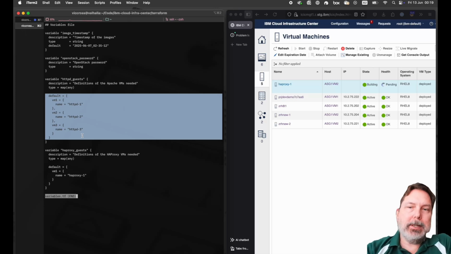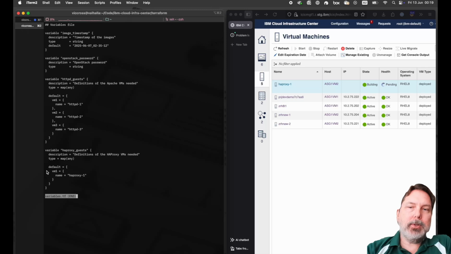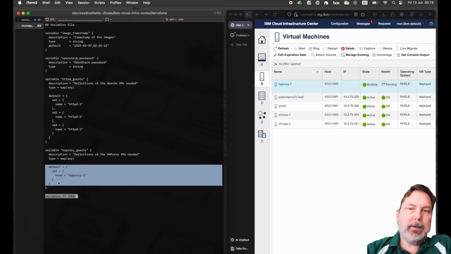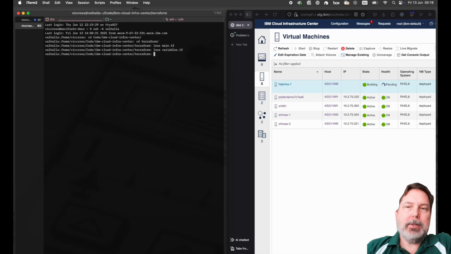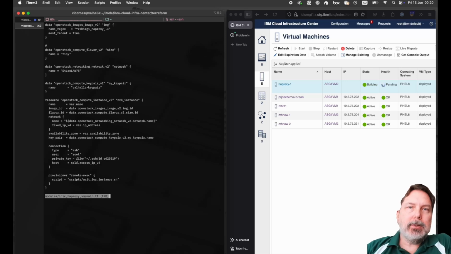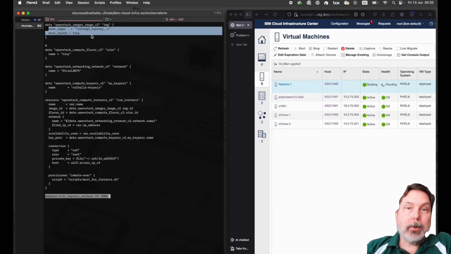So for the HTTPDs, I've got a VM1, VM2, and a VM3, and I'm giving each of them a name. In the HA proxy case, I'm just configuring one. It's going to be called VM1, and it's going to have a particular virtual machine name. Right? So that's setting up the provisioning of the virtual machines. When we actually look at the modules, there's a separate configuration file for each of these modules. So if we look at the Terraform configuration for the HA proxy image,